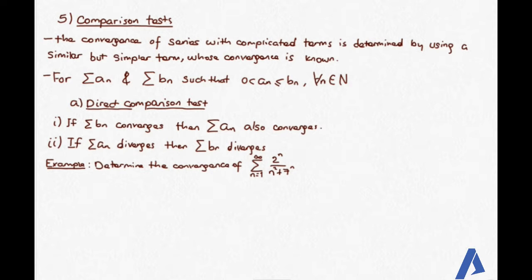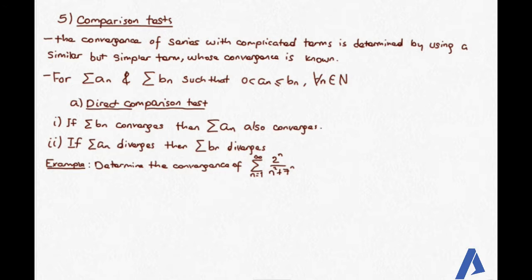በመቀጠል comparison test እናያለን። የመጀመሪያው comparison test is direct comparison test። ግን መጀመሪያ ዲፋይን ስናደርገው ሲሪዛችን በጣም ኮምፕሊኬትድ ተርሞች ካሉት ሌላ ሲምፕለር ተመሳሳይ የሆነ ሲምፕለር የሆነ ተርም ያለው ሲሪስ በመፈለግ ከዛኛው ጋር ኮምፔር በማድረግ ኮንቨርጀንሱን ዲተርማይን እናደርጋለን።